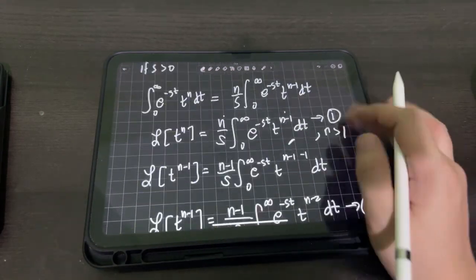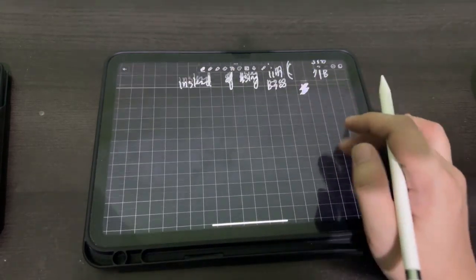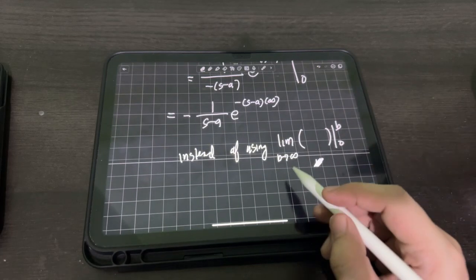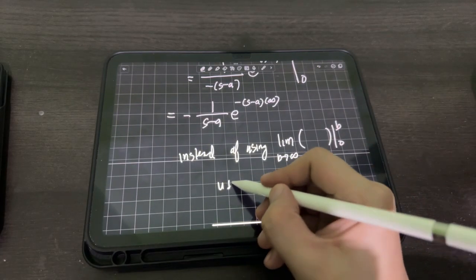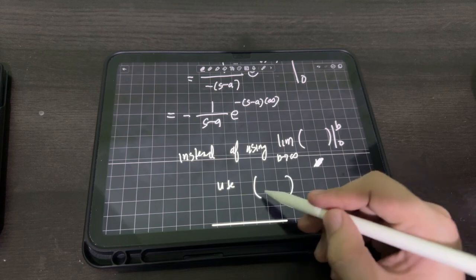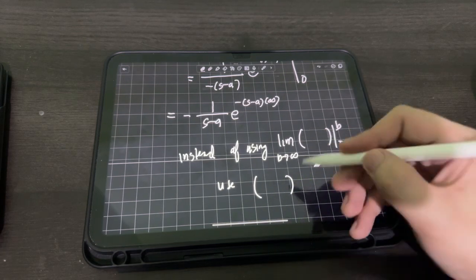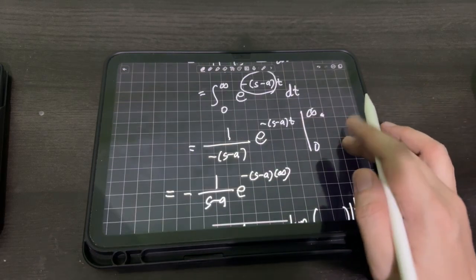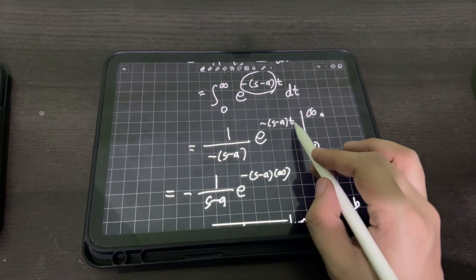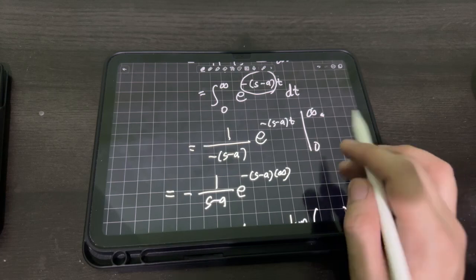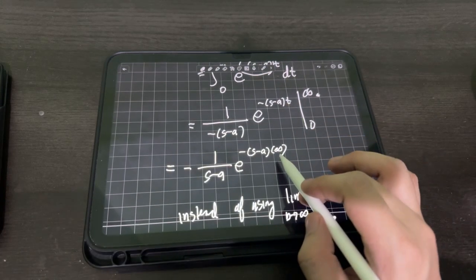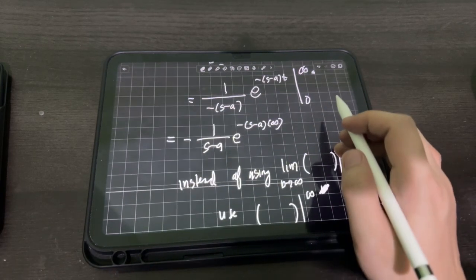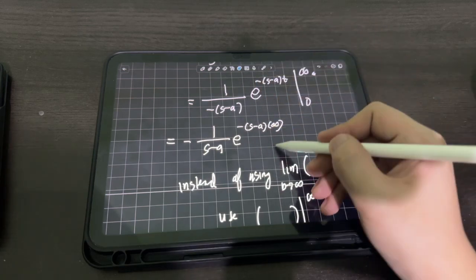But as a shortcut, from now on, I won't use this anymore. We will just use the notation, whatever the indefinite integral we have, we directly evaluate from 0 to infinity, meaning we can just substitute this infinity in place of the independent variable t, meaning that t is already approaching positive infinity. Okay? So going back here,